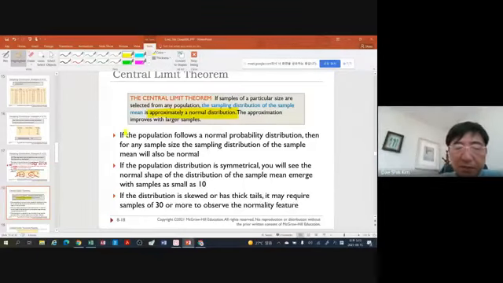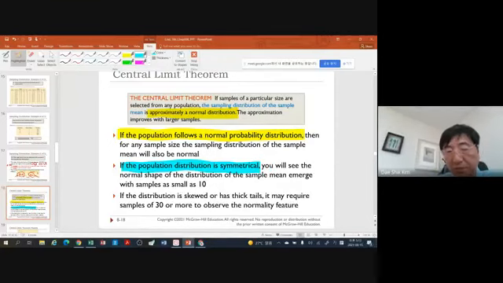For example, if the population follows a normal distribution, then any sample size n, doesn't matter, will show a normal distribution. If the population is symmetric,